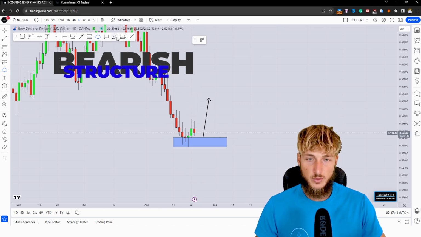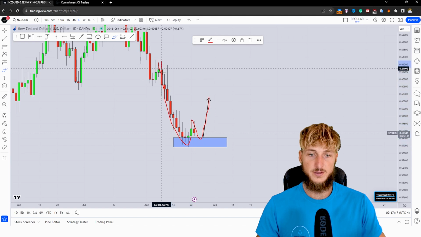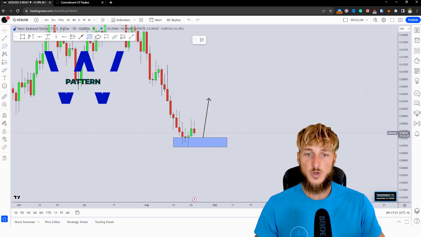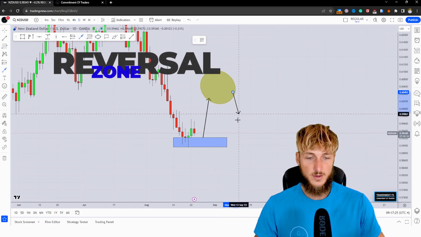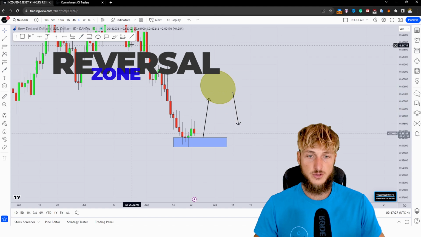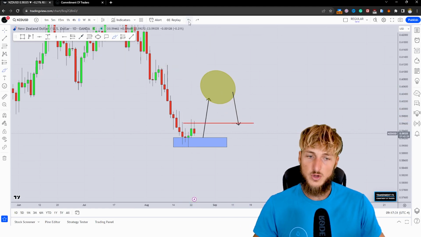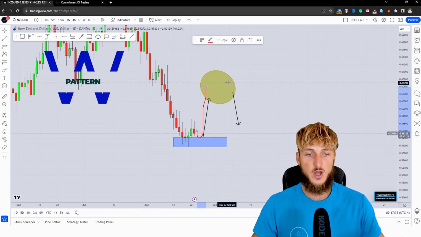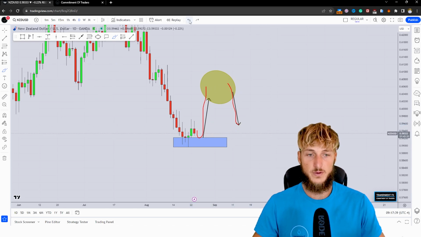So if we do get the move to the upside here on the daily, we would also have a daily bearish pattern, which is essentially this W formation. And at that point, that is where we would have very good probabilities of getting a reversal lower for the completion of the W formation at this previous resistance turn support. So we don't know if the market will create this W, but if we get the creation of the W, at that point we have a very good probability of seeing a potential reversal lower